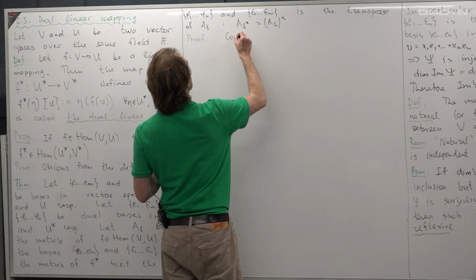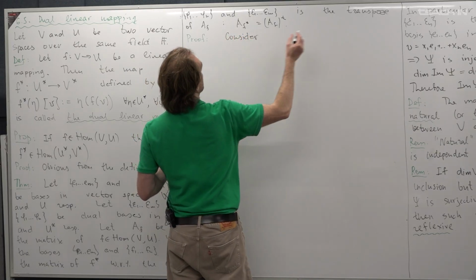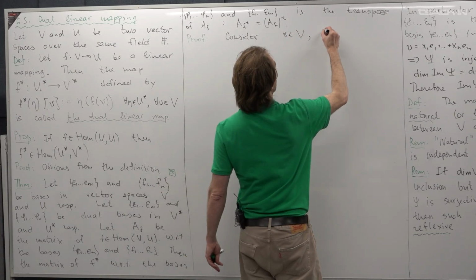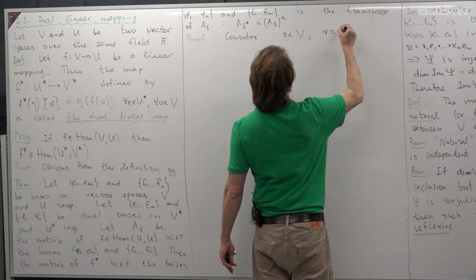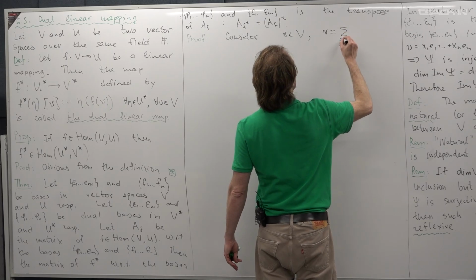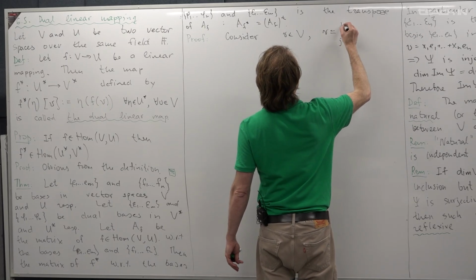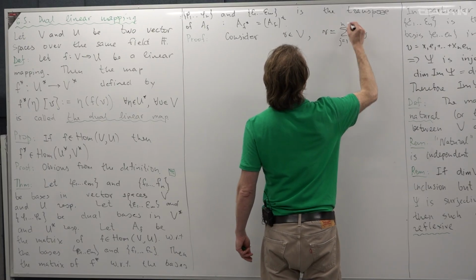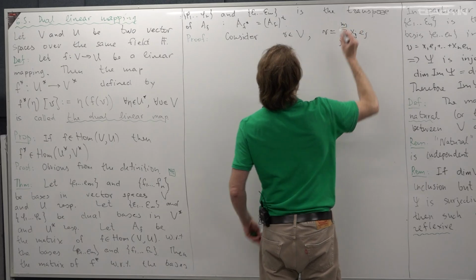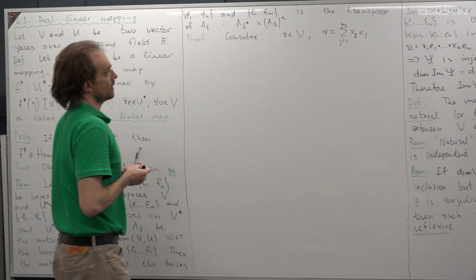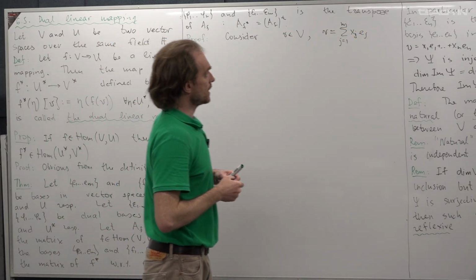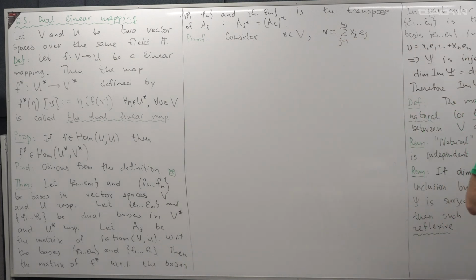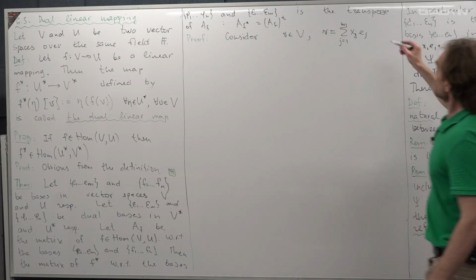Consider v from V. So v is a linear combination, the sum where j ranges from 1 to n, of x sub j, e sub j, where j ranges from 1 to m, because we have m vectors in the first space. And then